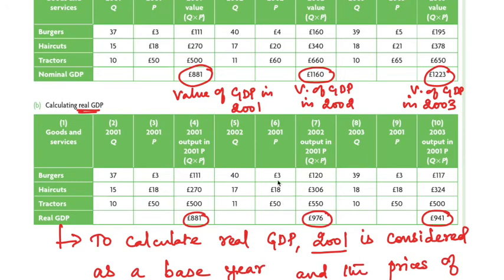So now if you multiply both, you get the value of GDP in 2002, and the same thing we do for 2003. So now you can see, this is real GDP, and you can see that we have eliminated the price effect. So in nominal GDP, the value of GDP in 2002 was 1160, and after we have used base year price, it is 976, and here it is 941 instead of